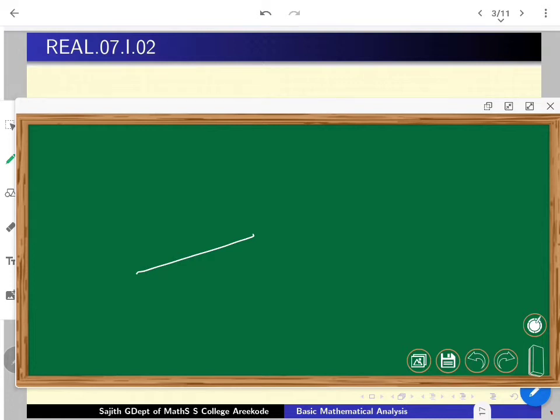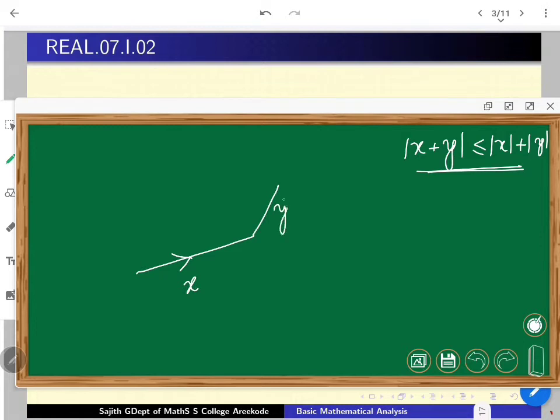I just wanted to make some comments on how the terminology of mod x plus y less than or equal to mod x plus mod y comes about. If you are treating plane vectors, it actually gives the conditions for forming a triangle in geometry. Suppose you have a vector x and another vector y. Then you can add them, and you will get the resultant like this, which is the vector x plus y. So in this triangle formation, known from geometry, you add up these two lengths, these two sides of the triangle.